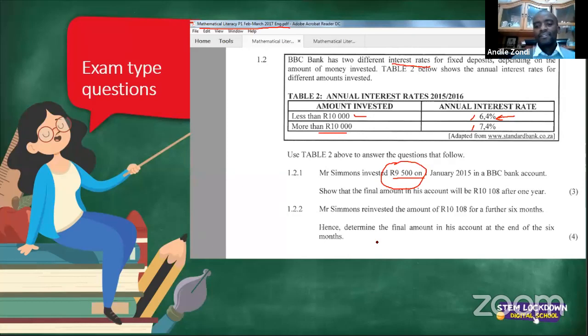Now they say show that the final amount in his account will be 10,108 after 1 year. Okay. When they say show, that means you must not use this amount in your calculation. This amount must be your final answer. Okay, so